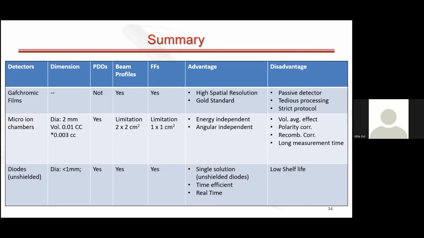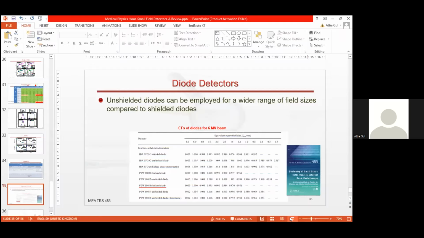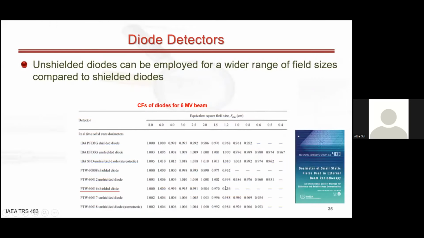For example, in most of our centers, we have the PTW 60016 shielded diode that can be used only for fields down to 1.2 centimeters square, and we cannot use this detector for smaller fields. So this is not a good choice. If any one of you intends to do small field dosimetry and to procure a new dosimetry system for small fields, then he or she should consider